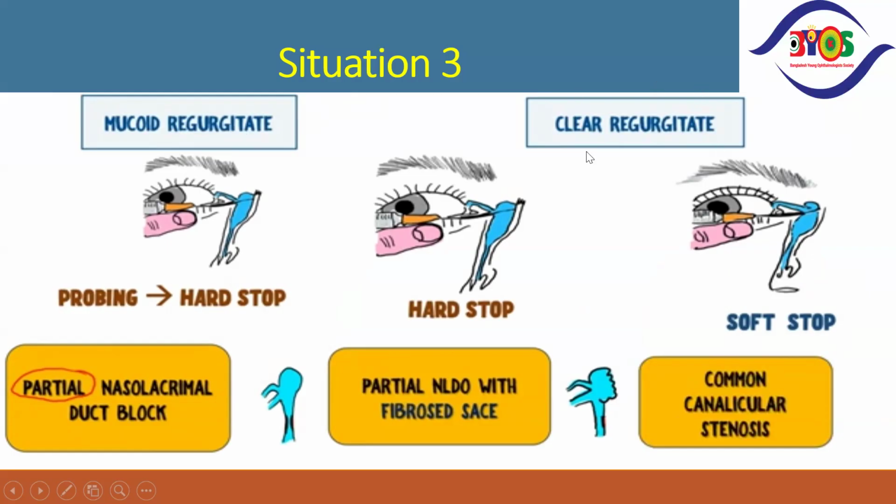When we find clear regurgitate and a hard stop, there is also partial nasolacrimal duct obstruction with a fibrous sac. But in case of clear regurgitate with probing resulting in a soft stop,